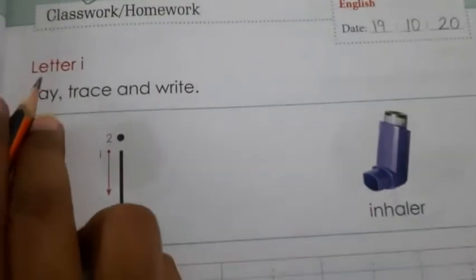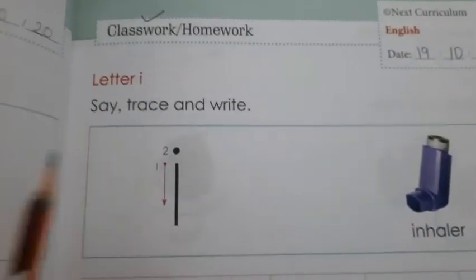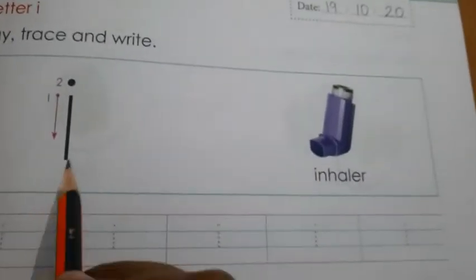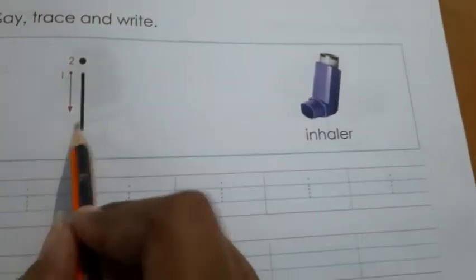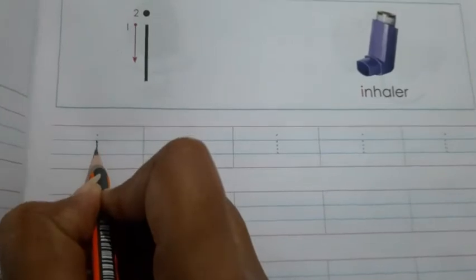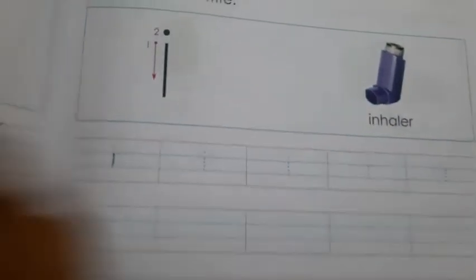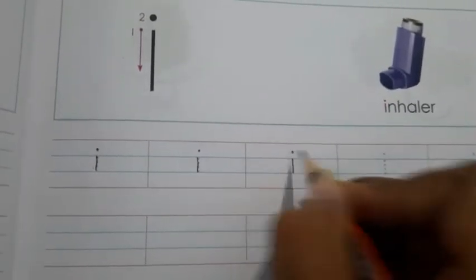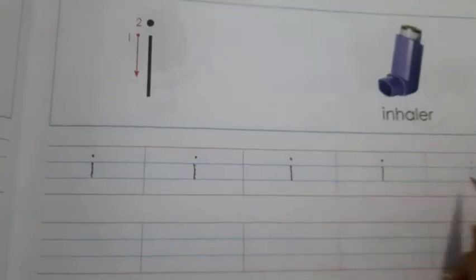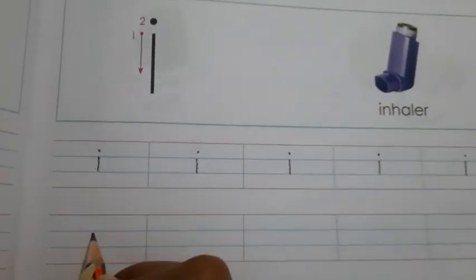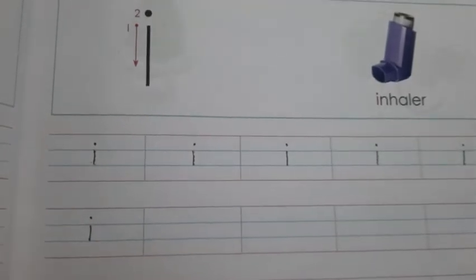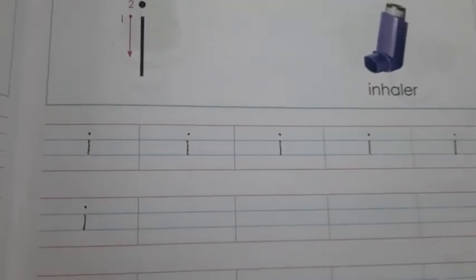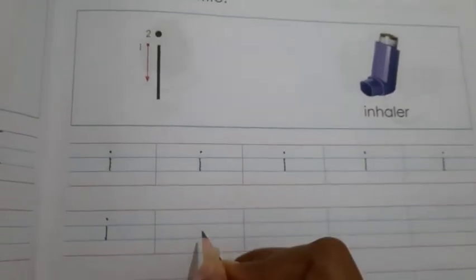Students, here we have to write letter I, small I. Say, trace and write. Okay, we have to speak and write like this: I-E inhaler, I-E inhaler. As I told you in my book 3, in the same way you have to do the work on this page also. On page number 31, like a small I, I-E inhaler, I-E iguana, I-E ice cream, I-E inkpot, I-E India,